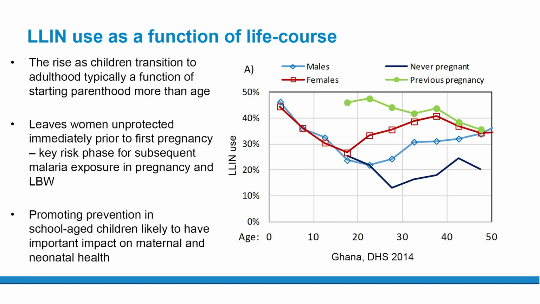Last thing isn't really to do with modelling. It's actually to think where we're talking about use and age and school-age children, and actually when you look a little bit deeper at these surveys, it's not necessarily all to do with age. It's a bit more to do with life course. So here I've taken Ghana, so this was to show that there are these similar things in West Africa. It's a little bit of an old survey, but I think you could find loads of examples where it's the same, where you look at female patterns of use, male patterns of use, where you're getting this gap and then